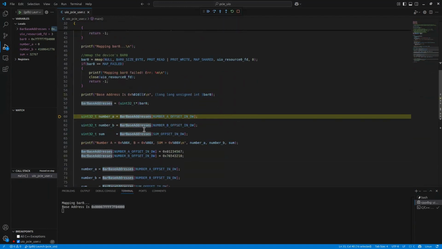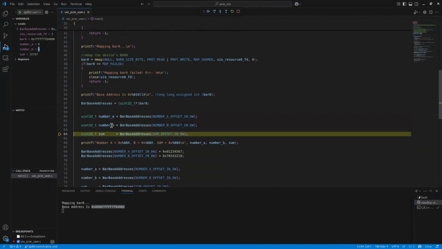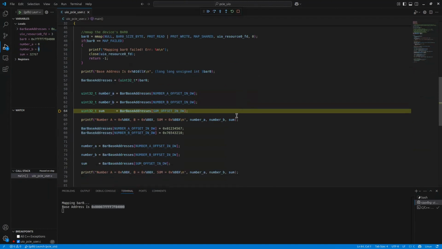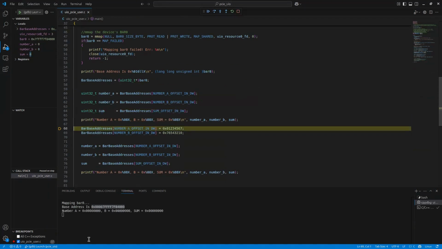So here I read number A, which is 0 by default, number B, which is 0 by default, and the sum of these two numbers, of course, is 0, by reading that address. And I'm showing all the values here. Now I'm going to write a random number to number A. By writing to that address, I'm actually writing to a PCI Express register at that BAR address.